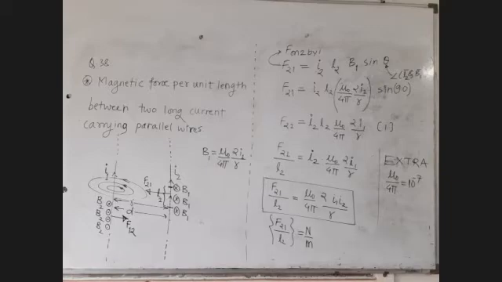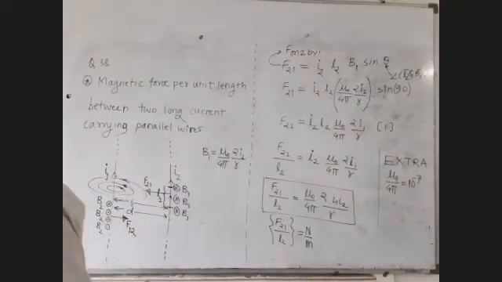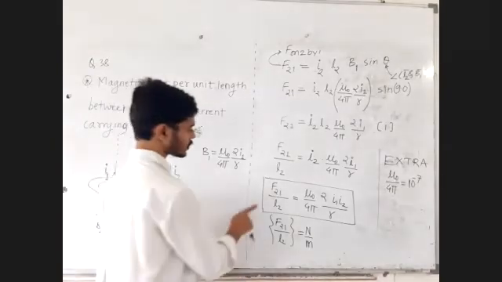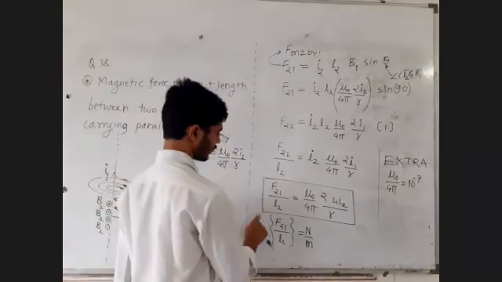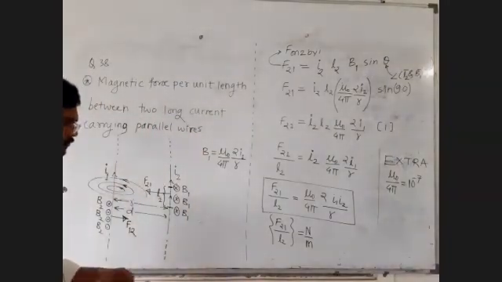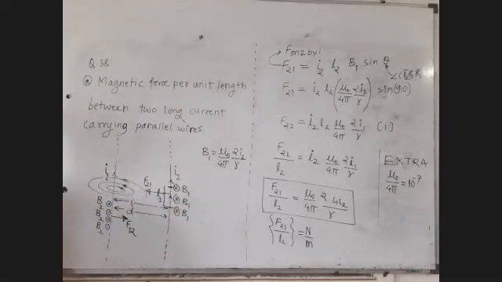Good. So, sir, when the currents are like currents, meaning when they are flowing in the same direction, the wires try to attract each other. Yes, they try to attract each other. But, sir, this was the force on second wire per unit length. What will be the force on first wire per unit length? Same value. Yes, no?